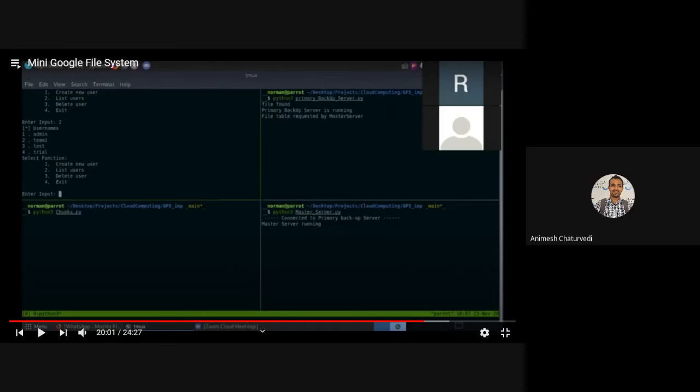The theory was the cloud computing course that I had taken, so that has different theory. They had worked on cloud computing technologies and the mini Google file system. So it belongs to cloud computing. But here we have to work on system engineering. So you have to choose one system.